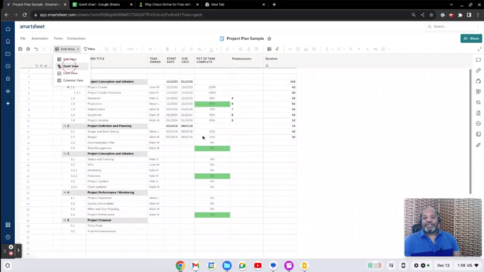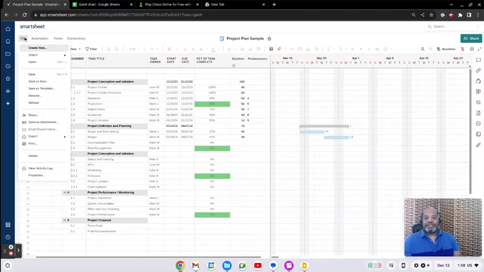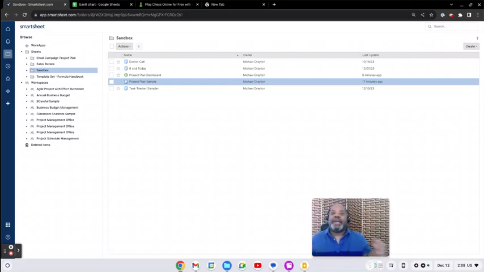Let's do a Gantt chart. There's a Gantt chart there. How about that? We like Gantt charts. We need to dress this up for the big presentation with the stakeholders. Take our project plan and put it on a dashboard. Now,